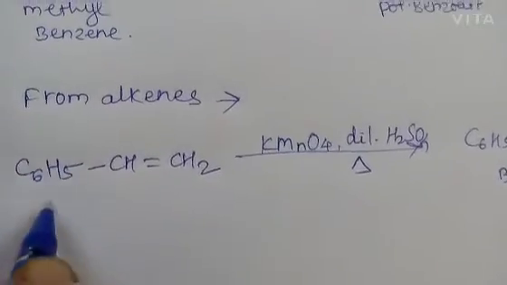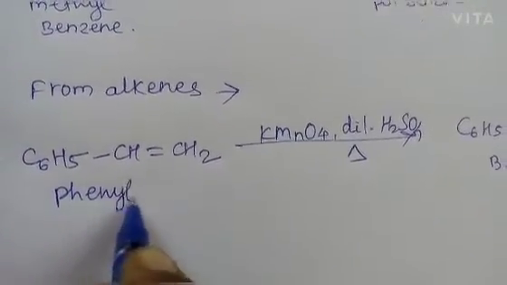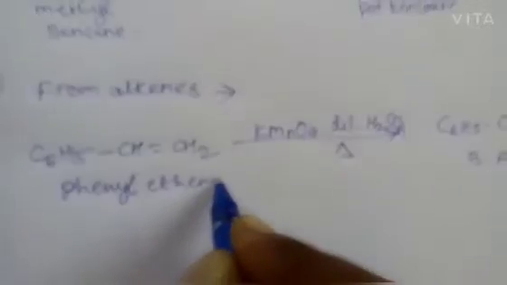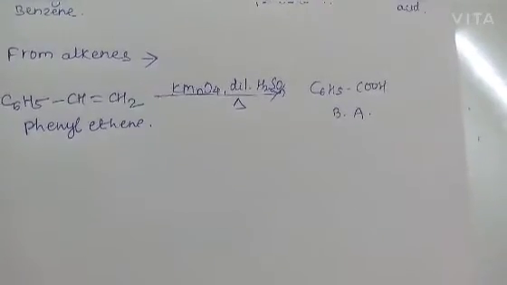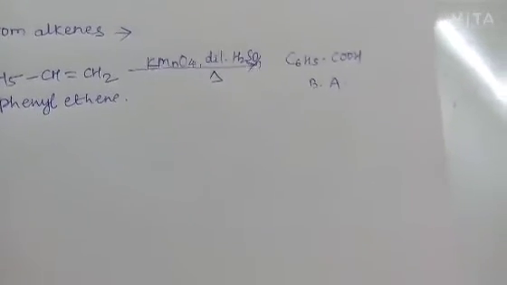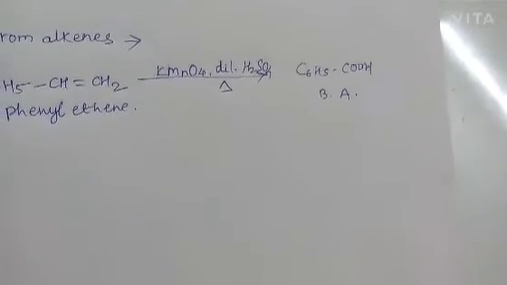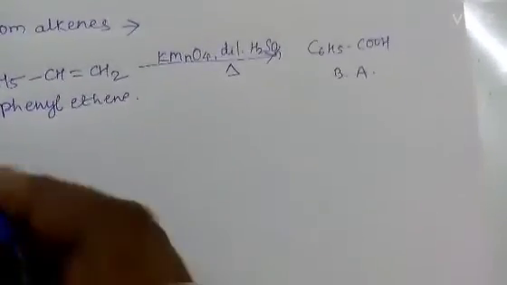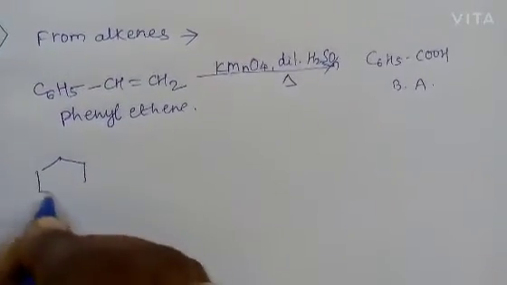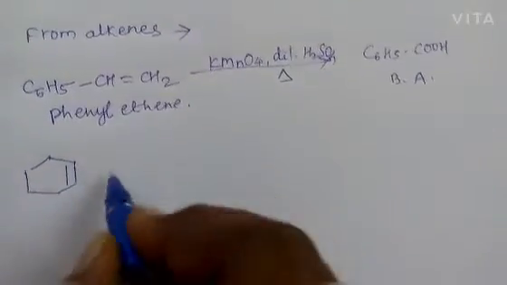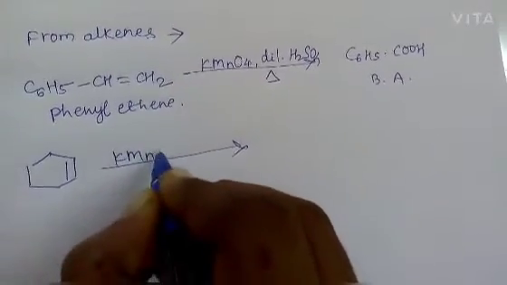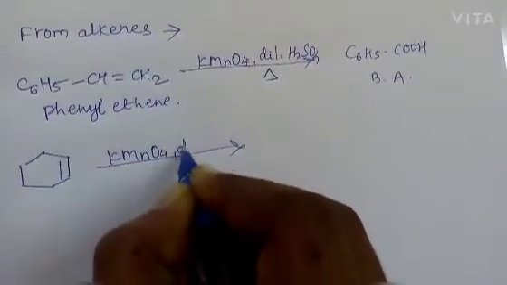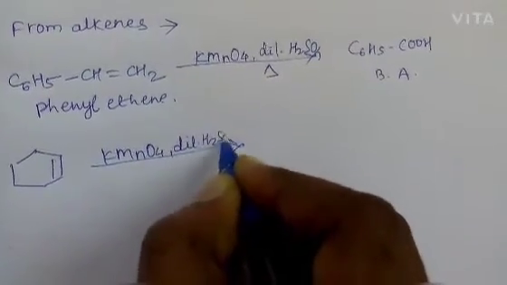and this one is phenylethene. Okay, what is the statement of this? The carboxylic acid can also be prepared by the oxidation of alkenes in presence of KMnO4 in dilute H2SO4. One more example we will see. Okay, cyclohexene undergoes oxidation in presence of KMnO4 in dilute H2SO4,